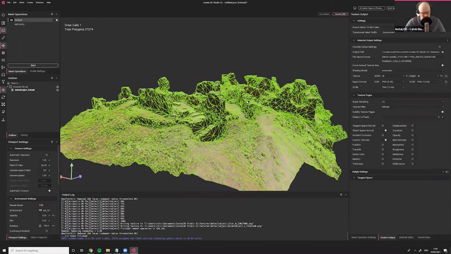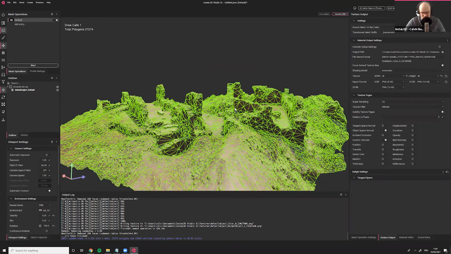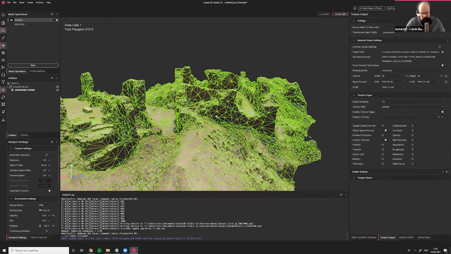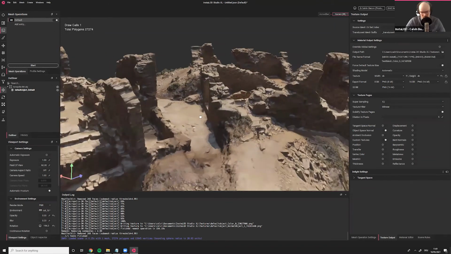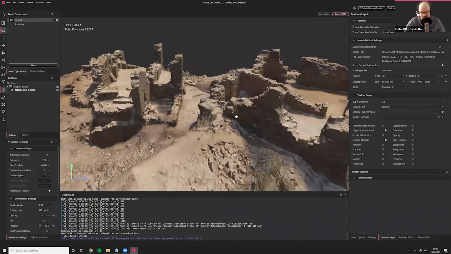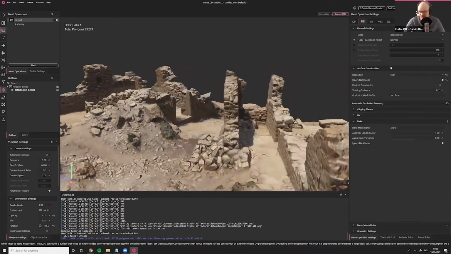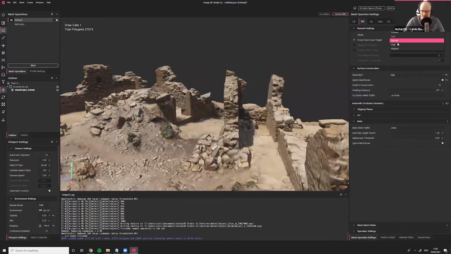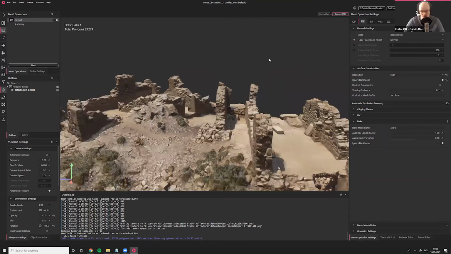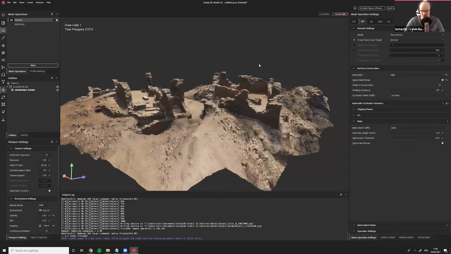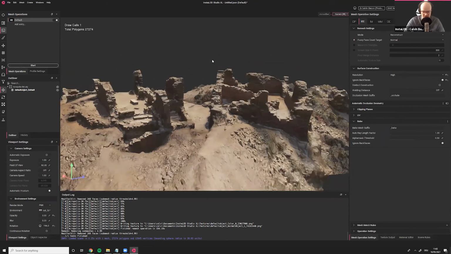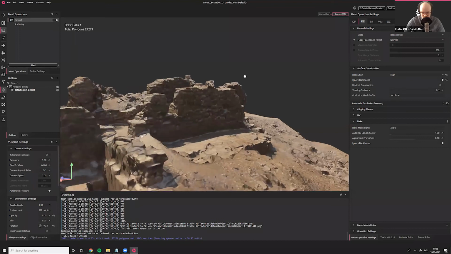To be honest, this is probably a bit extreme, all right? I am aware of that, but it is possible, okay? And if this is what you want, if this is what you need, well, there you go. If you want to have more polygons, sure, do that. That's not an issue, right? Just set the face count to highest, or if you want to, set a maximum count. No problemo. But the fact that we're down to 27,000 with this visual quality, I mean, you can see that